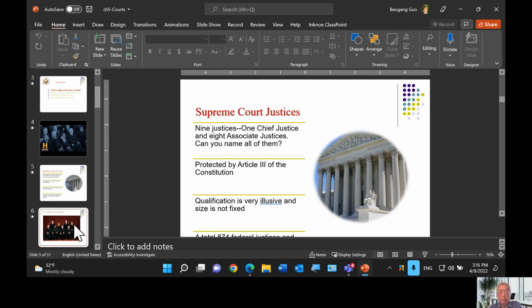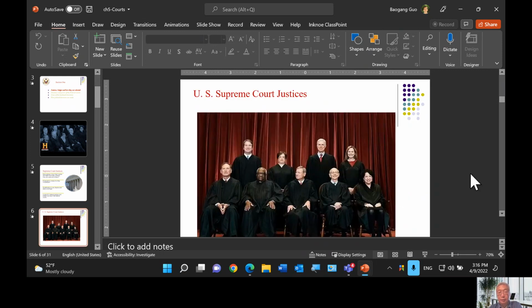So this is the picture of the 9 justices we had. Again, this is not a current picture, and with Justice Stephen Breyer's retirement, we just added Judge Jackson to the bench. So now we have 4 women on the Supreme Court, which is a phenomenon.